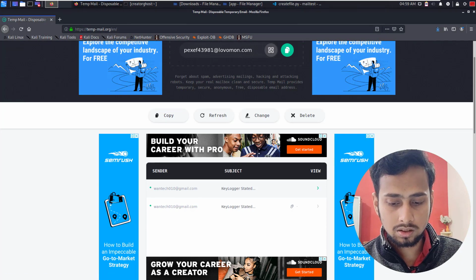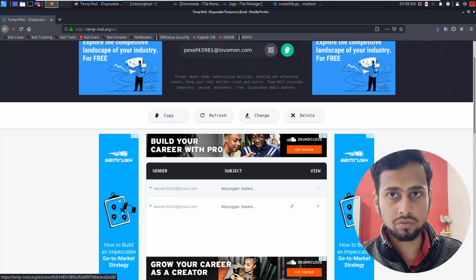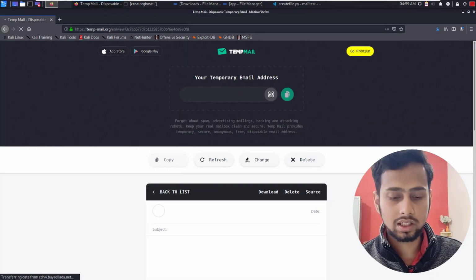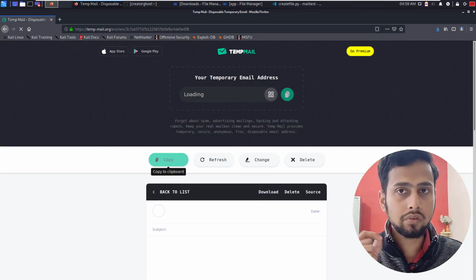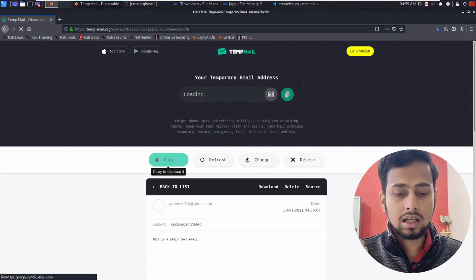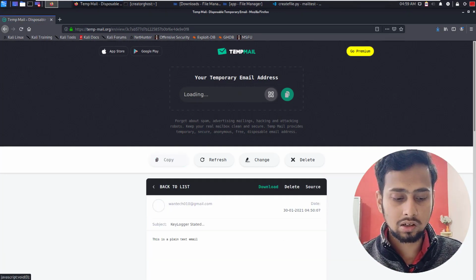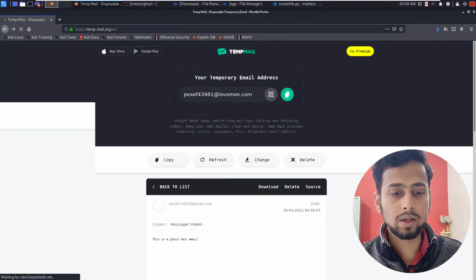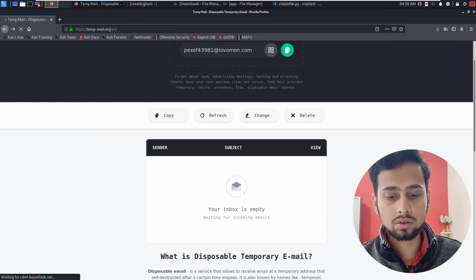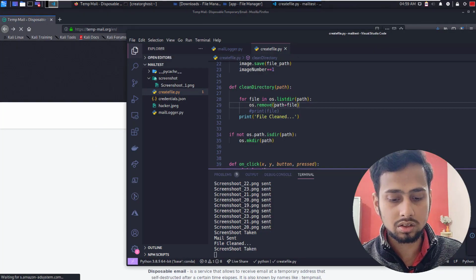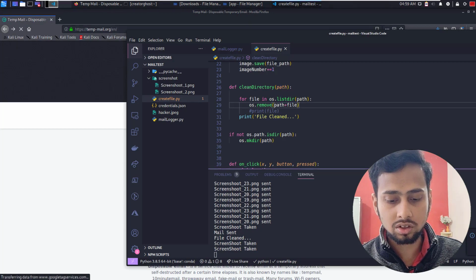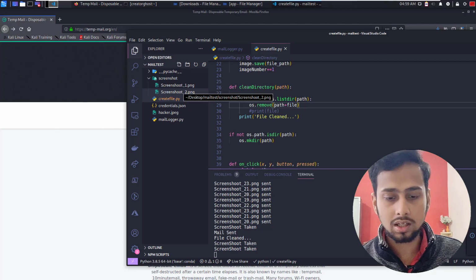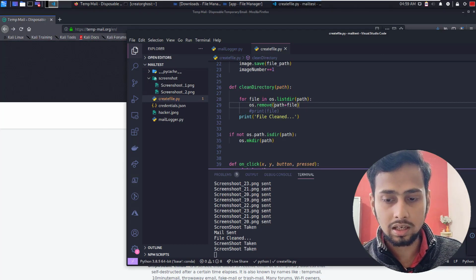So can we delete the mail? Here you can also see this attachment symbol, which means this contains an attachment, and the first image is not going to contain any attachment. But in this case, as we have already some images inside our mail, you can see that there is a download option. So let's go back again and wait for our code to send us the new screenshot. It is going to tell that screenshot is sent, and it has cleared the screenshots, and again you can see that 1 and 2 are automatically going to start coming.